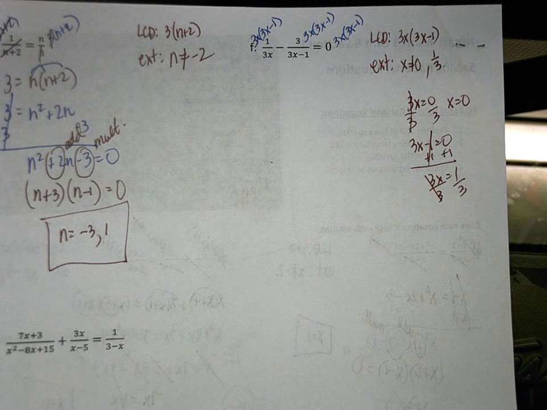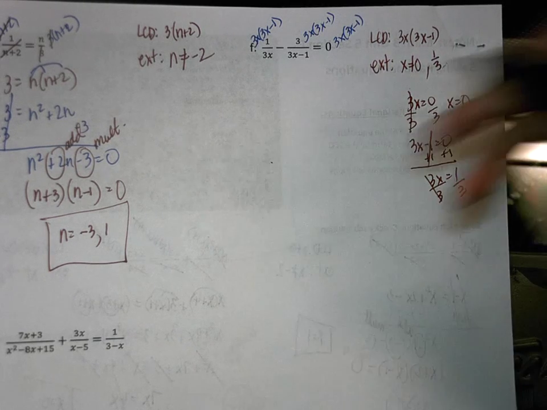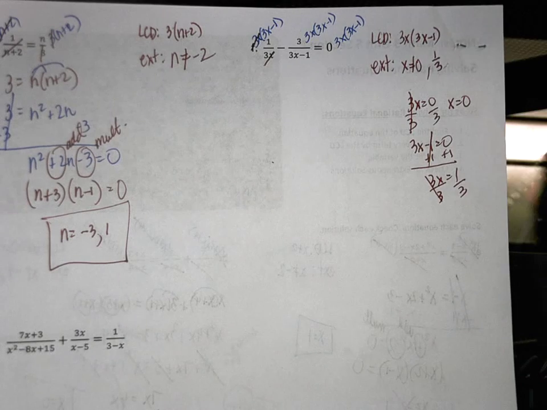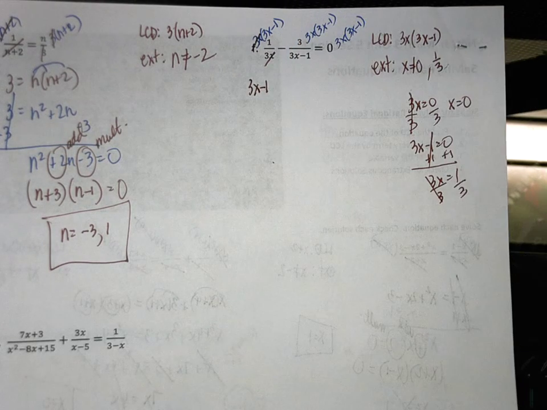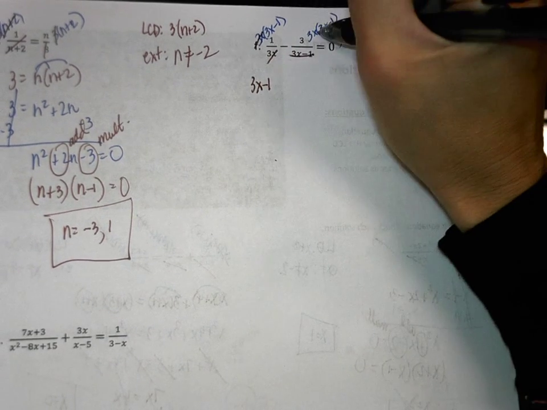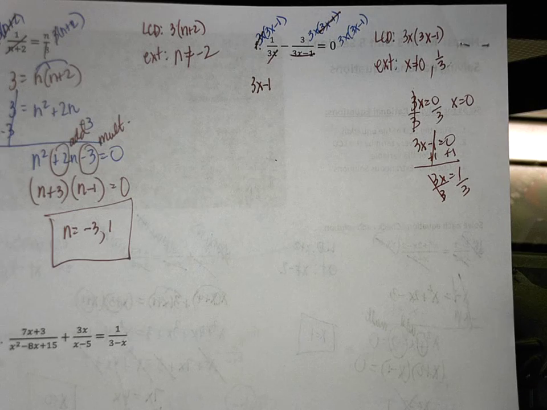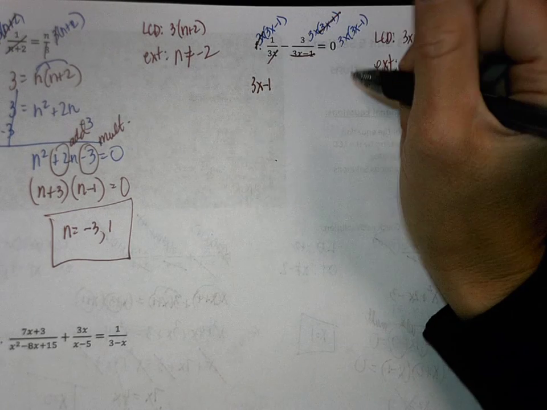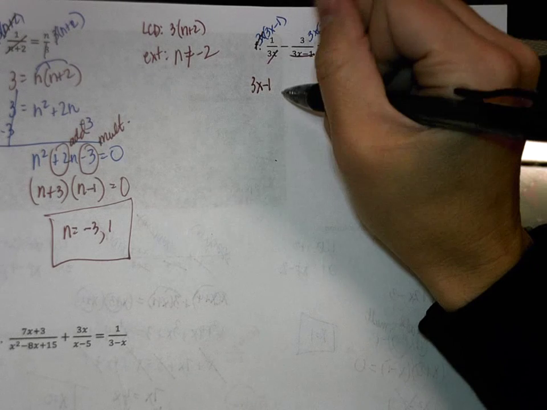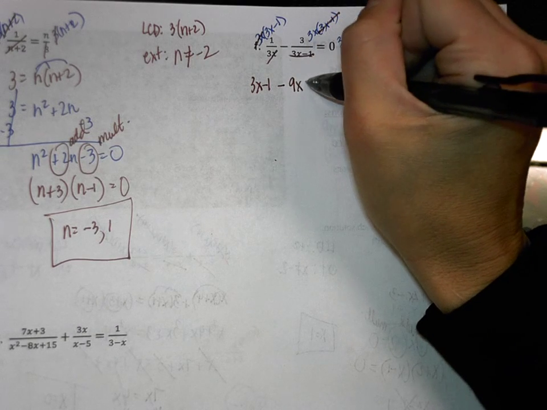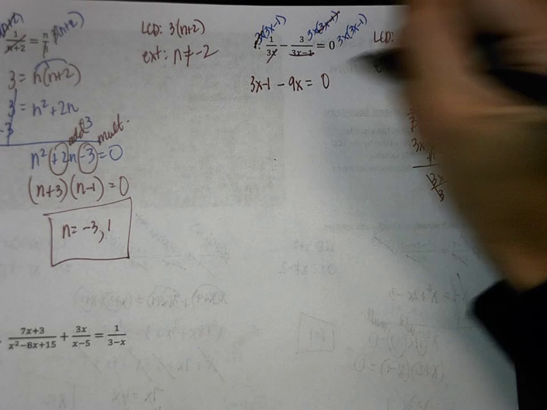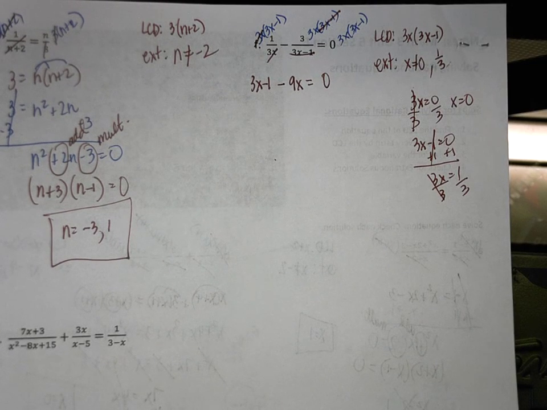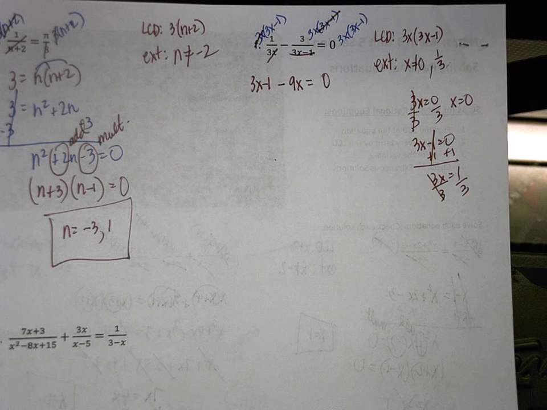Okay, the first one, what ends up happening? The first term. 3x's cancel out, and you have 1 times 3x minus 1, which is just 3x minus 1. Next one, the 3x minus 1's cancel out, and we have 3 times 3x, which is 9x. So we have minus 9x. What is 0 times anything? 0. Okay, we combine like terms. You have a 3x and a negative 9x, which makes